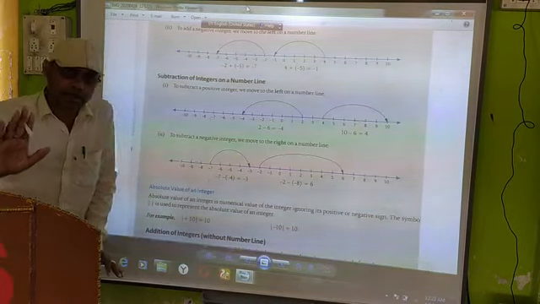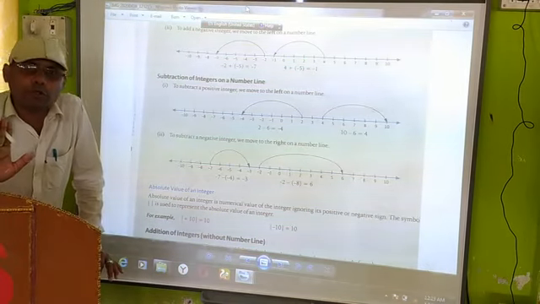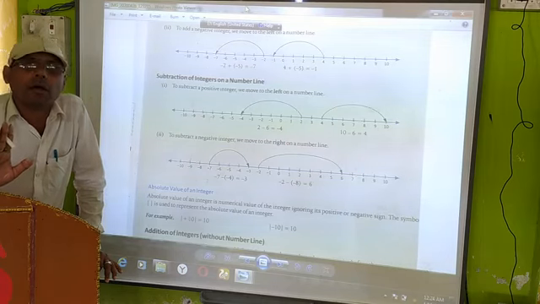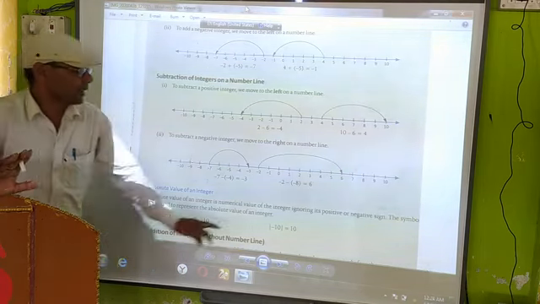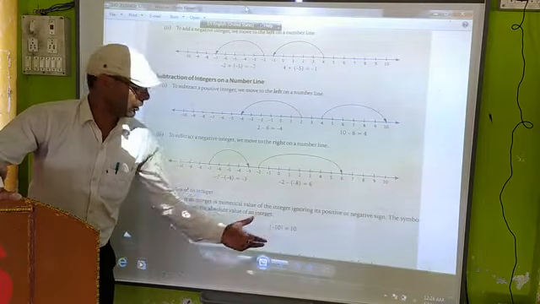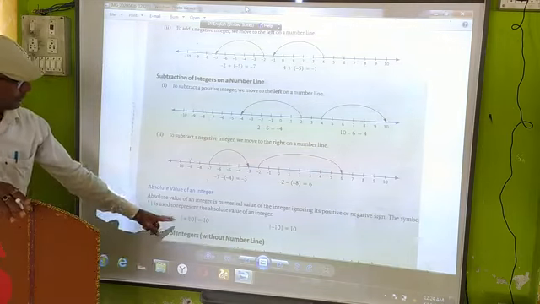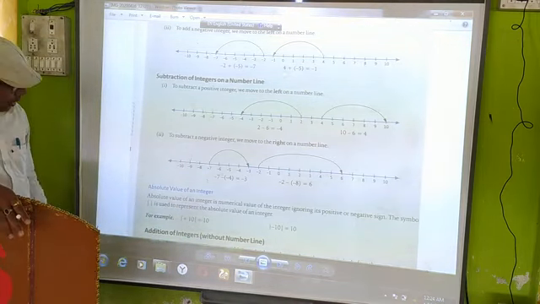One thing is, my dear, in the absolute value of an integer, we have to ignore the sign, positive or negative, of the number. Suppose here is a -10, it will be +10. No need for a sign. And +10 is +10. Okay. Now